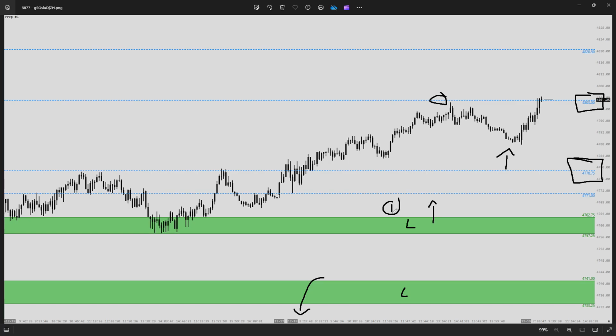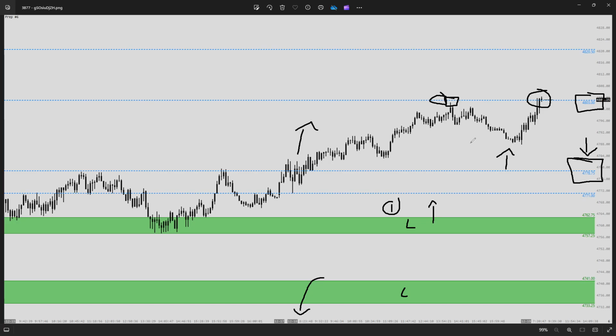So it was scenario one for sure for the entirety of the session, and with the extra little nuance here around this neutral area and holding above it around that 47.78s, we got pretty much exactly what we planned for, a continuation to the upside for the bulls into that 48.03 zone. Now, we didn't quite tag it. We got a couple of ticks before it, about a point or so before the 48.03s, but that's close enough for us whenever it comes to targeting. So we ended up actually tagging that 48.03 overnight here and coming into today's session. So that's kind of where we're currently sitting.